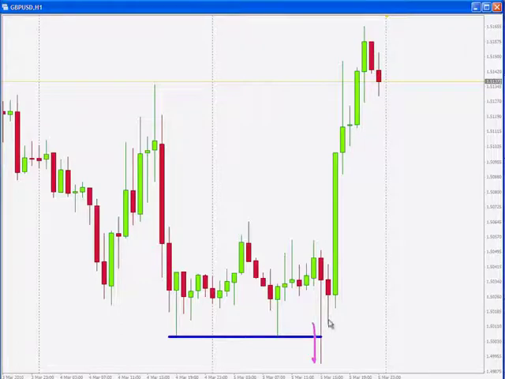But at any rate, please see how price came back down. It just peeped for maybe 5-10 pips below that particular level, and immediately after it came back up. What conclusion can we get from this particular event?